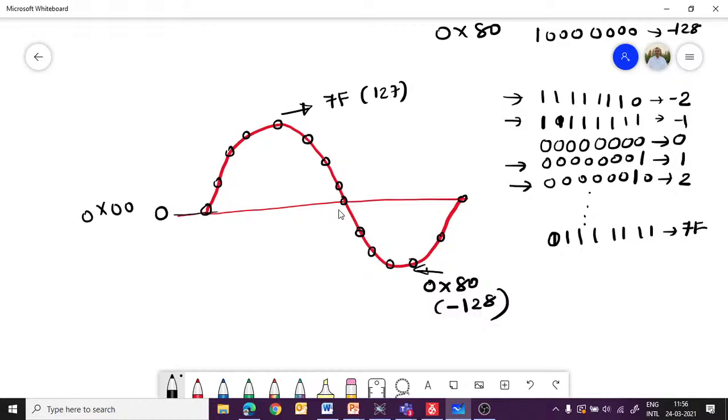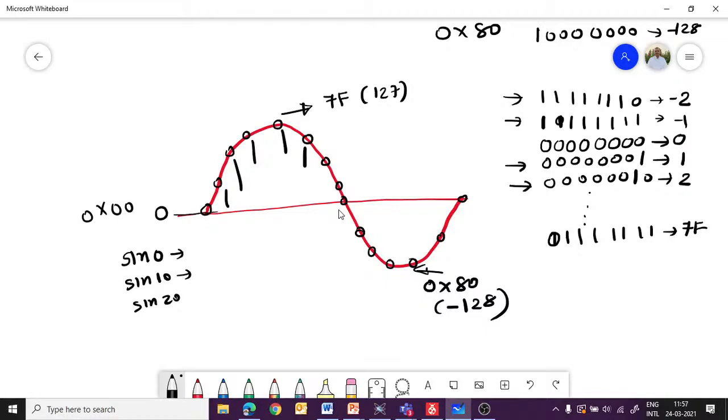All of you know that you can take sine 0, then sine of 10, sine of 20, because we have taken discrete sample points in that way. You can take more points or fewer points depending on how much accuracy you require. If you require more accuracy, you take more sample points. If you are satisfied with less accuracy, you can take fewer points. You can take sine 0, sine 1, sine 2, sine 3, sine 4, but in that case the number of sample points will be 360, because the entire sine wave has 360 degrees.